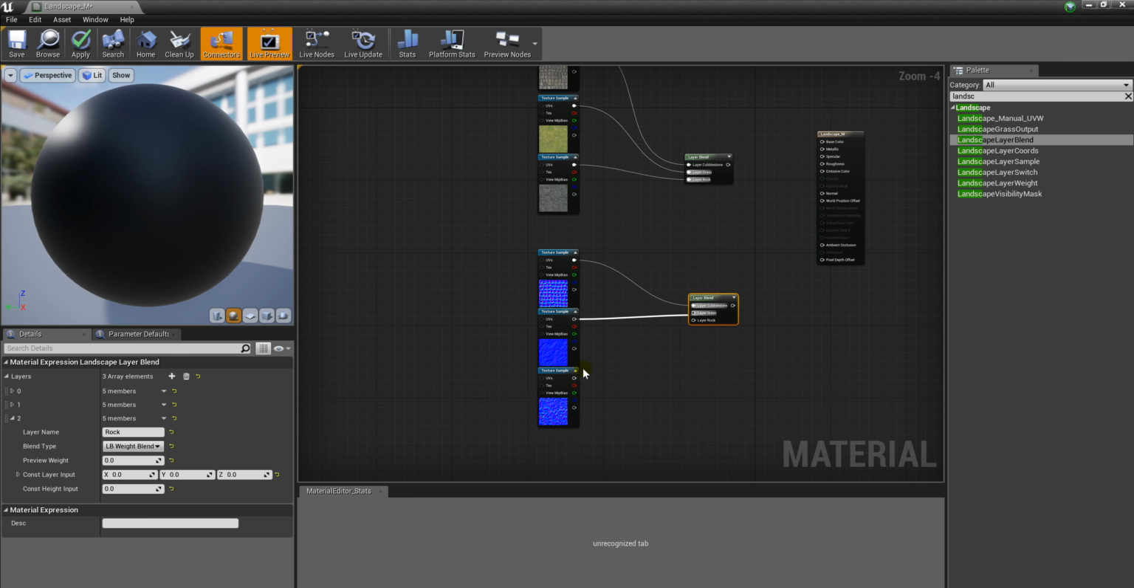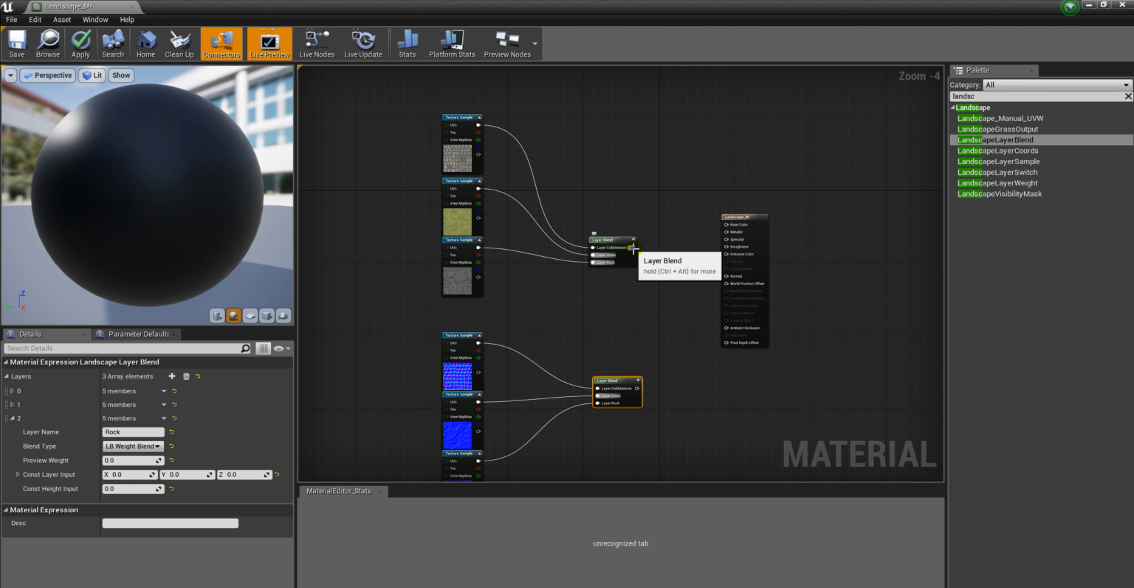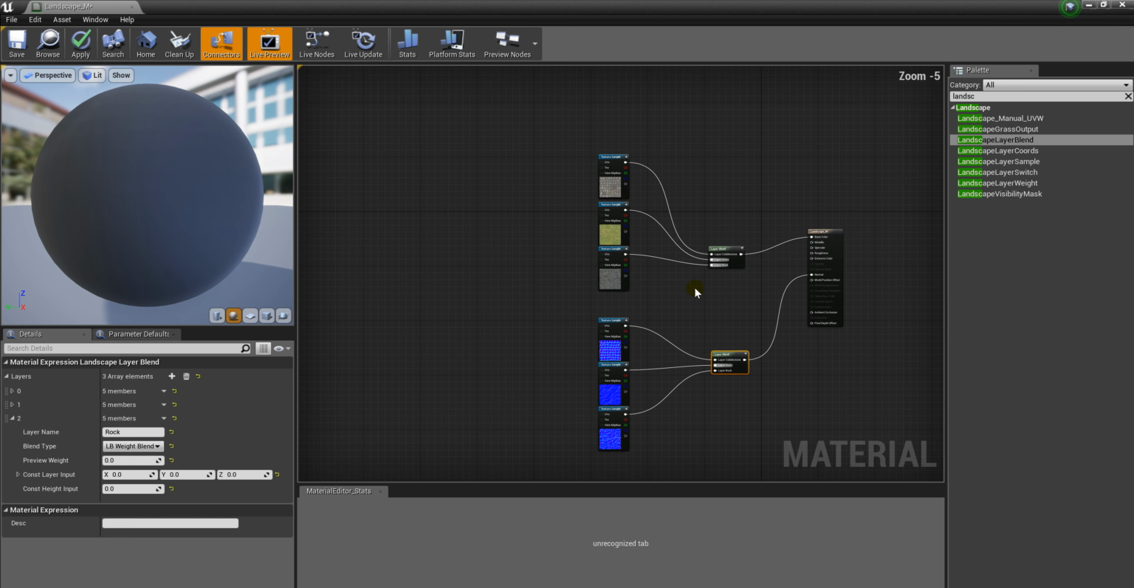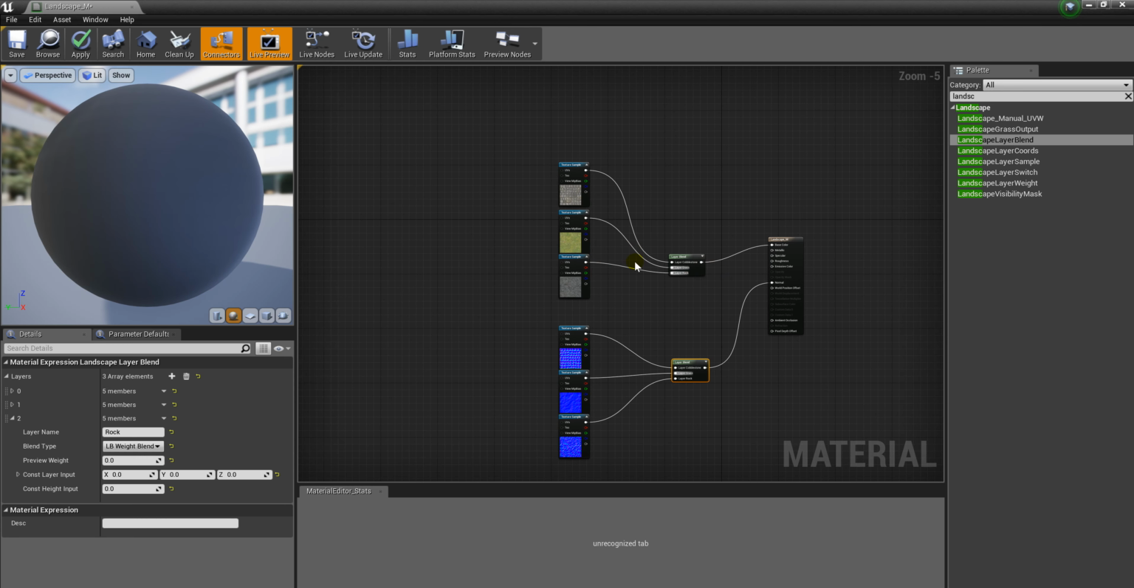Do the same with the normals. And then from there we just connect these 3 together. These are the base color, and these will be the normals. And essentially that's the bare minimum basics of a landscape blend layer. So apply, wait a second, save it,